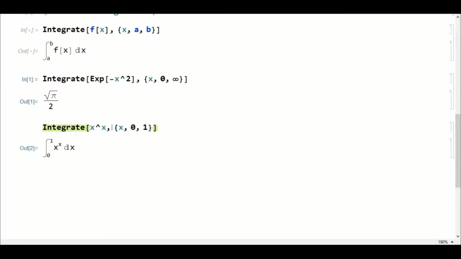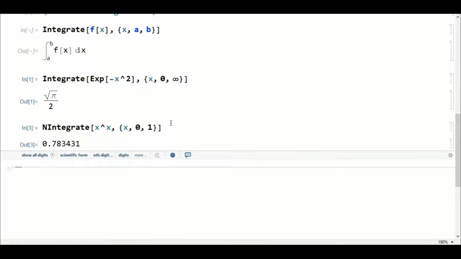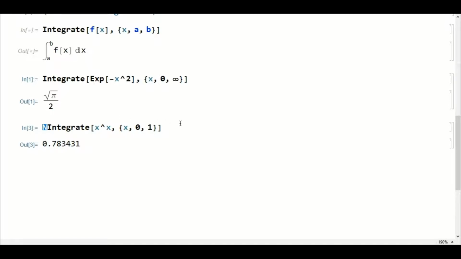But there is also a very simple procedure for this kind of functions, which you will be using for differential equations and integration and all those things. Instead of writing Integrate, I have to start with N. So it is NIntegrate, capital N, and then the function. If I now execute this, I am getting the numerical value. So always keep this in mind: if you want to get the numerical value in integration, you have to start with capital N and then continue. It is an Integrate kind of thing, NIntegrate.